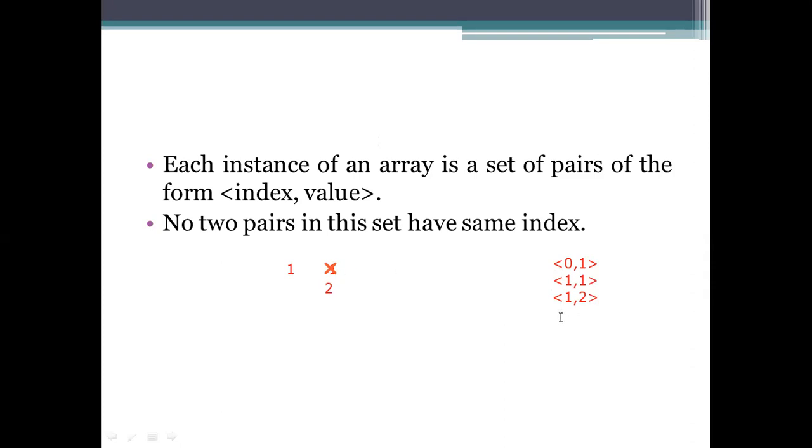If you are writing the same value, what happens? You may not see the difference here. 1 comma 1. If you are using the same value, we may not see the difference. Why? Because 1 has been replaced by 1 only. Then there is no problematic constraint when we deal with the same values. So when you try to store another value, what happens? It does not let you access the old one, because it loses its value. The value at the second position should be 1, but it is represented by the 1.